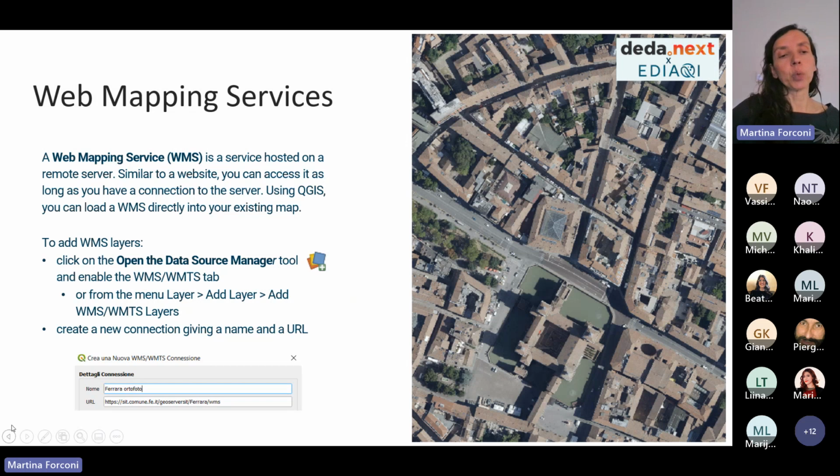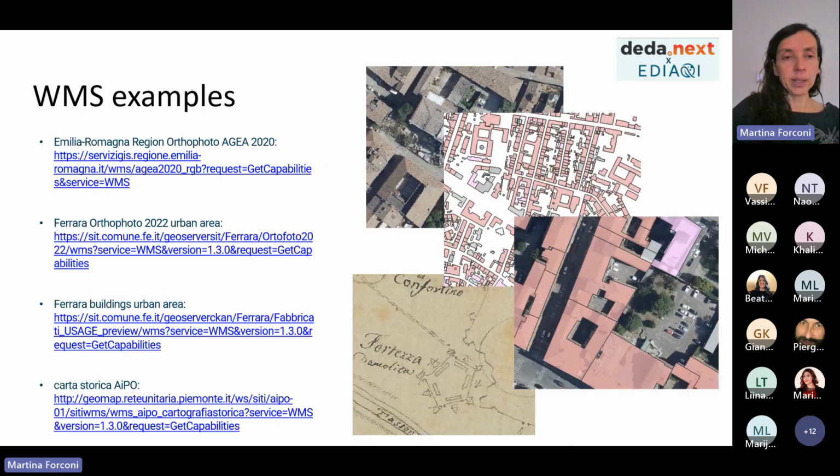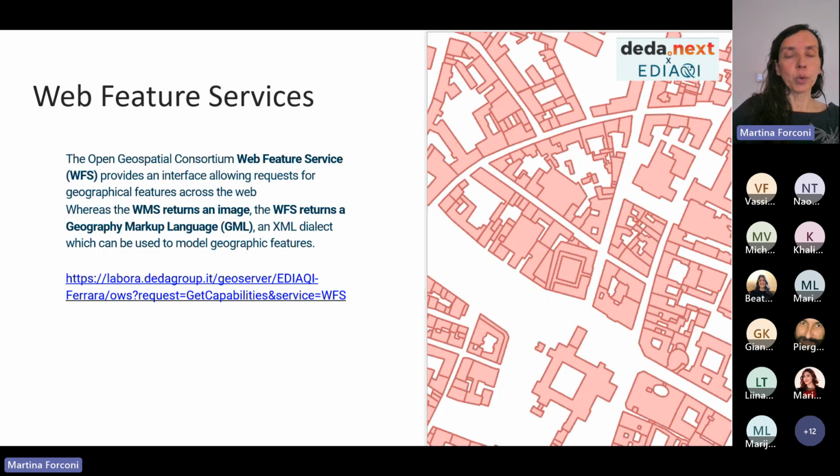To do this, you can use the Open Data Source Manager tool, or from the Layer menu you can add the layer, but we'll see together. Here we give some WMS examples. And then we will see also the web feature services.